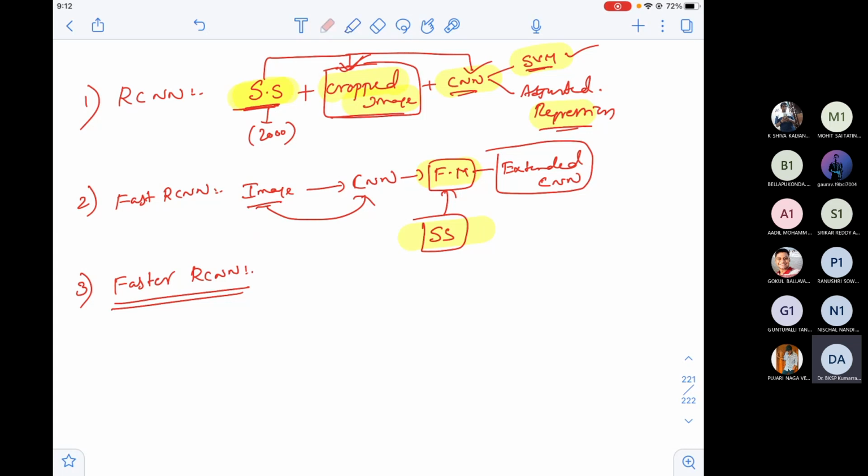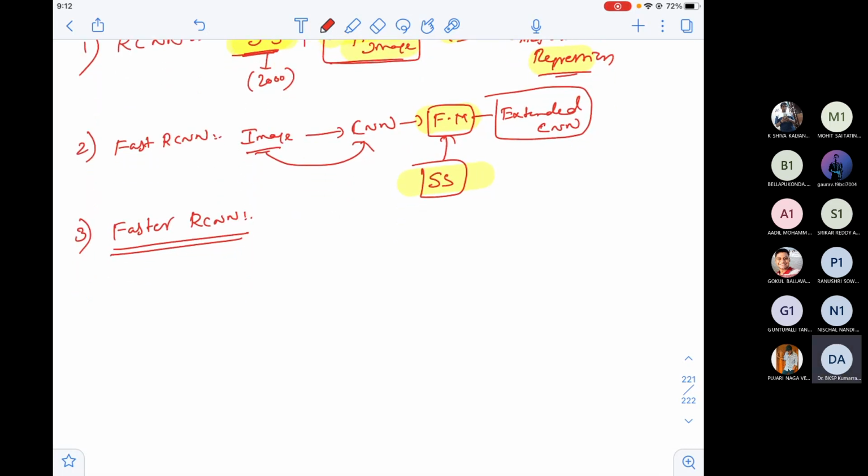So fast RCNN is better than traditional RCNN, but it is not up to the mark. Because selective search is not a neural network, it's just clustering similar pixels and proposing a box.